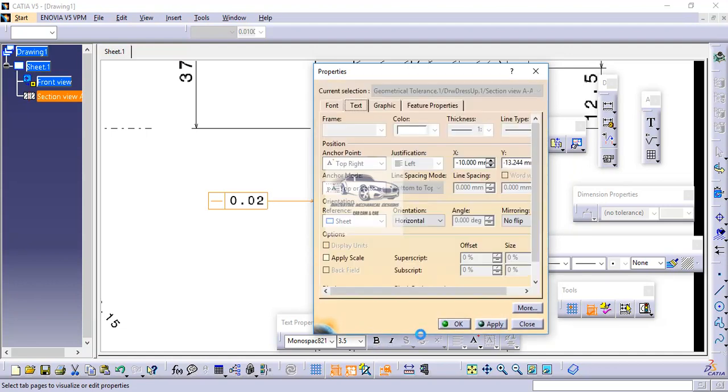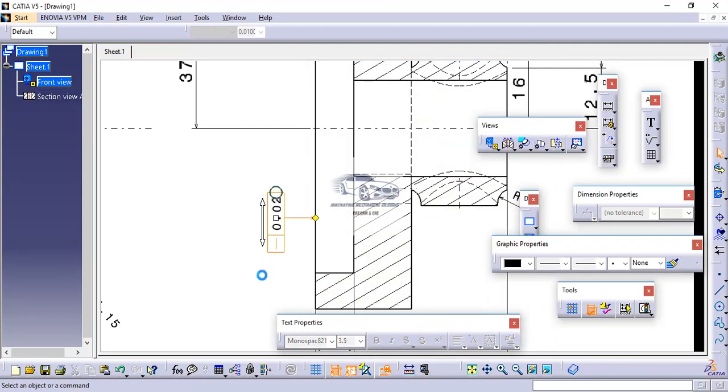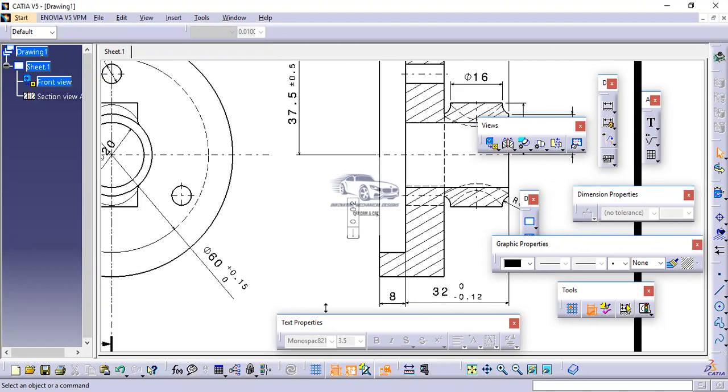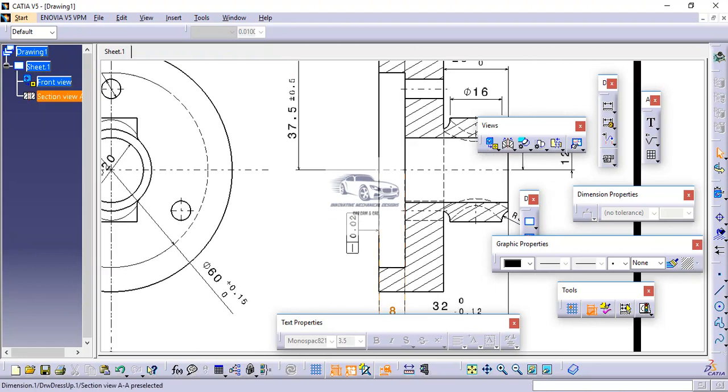So in this manner we can also customize the position of the symbol. Suppose I want this horizontal to vertical, then if I click on apply, then it will come up like this. So in this manner we can modify the symbols of the geometrical tolerances placed.